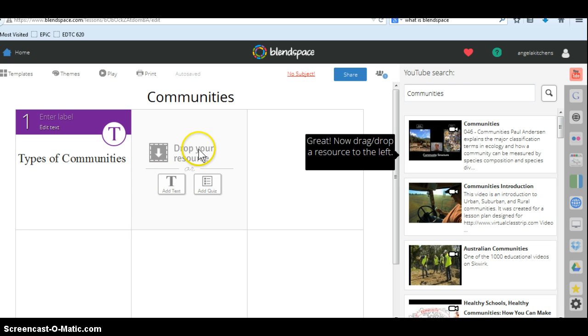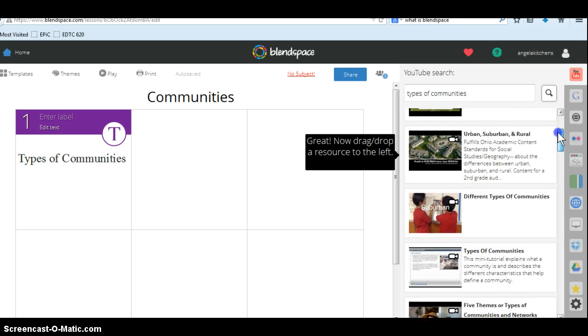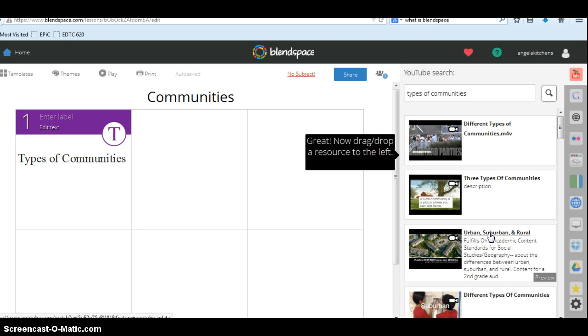Then I'm going to come here in my search box. Instead of just having communities, I'm going to put type of communities. Then I'll press the search button. So here I see a video that says urban, suburban, and rural, and then I also see 3 types of communities. Now for the sake of the grade level, focusing on the early childhood grade level, you can click preview,